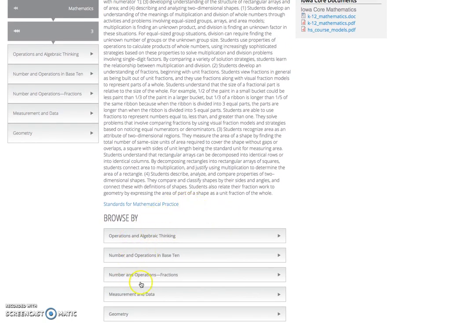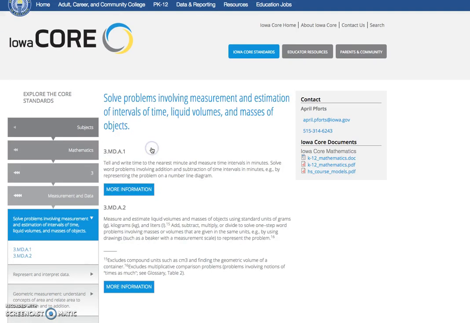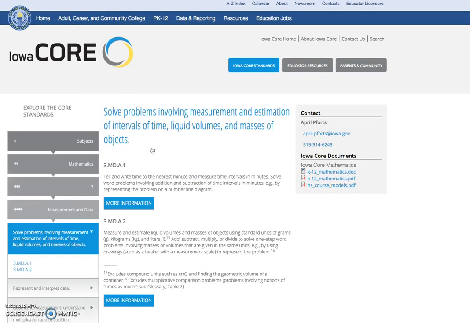As you can see, there's 5 different unit areas that they teach: numbers and operations, fractions, measurement and data, geometry. You guys can pick any of those areas, but then what you'll want to do is get into these areas and really go down to the standard level to figure out, okay, this is the standard that I'm going to address, but I'm even going to break it down further than that, because you